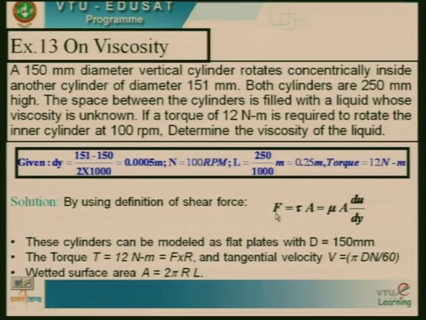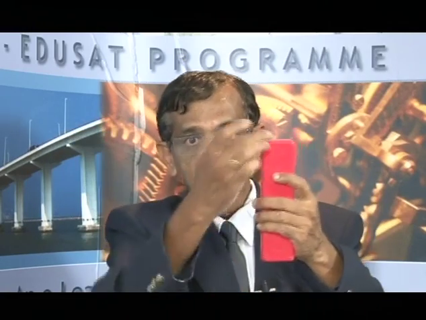Shear force is given by torque upon radius, since torque is equal to F into R, so F will be equal to T by R. So, T by R is equal to mu into A into du by dy. Du is pi d n by 60, and the area is 2 pi r into the length, the height of the cylinder,